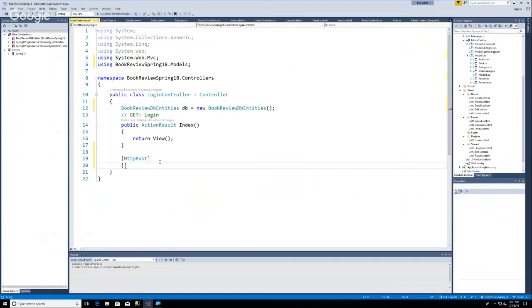There's a whole level of this where we could talk about whether, even if it's post, it's interceptable, right? Some of the data, so your security could be an issue with some of this. And then validate anti-forgery token. I still haven't decided if that's required, but it's always there, so I haven't taken it out. And then I'm just going to do public action result index,